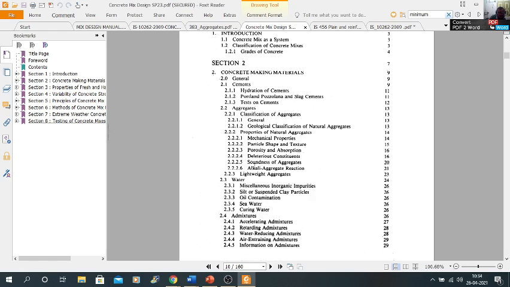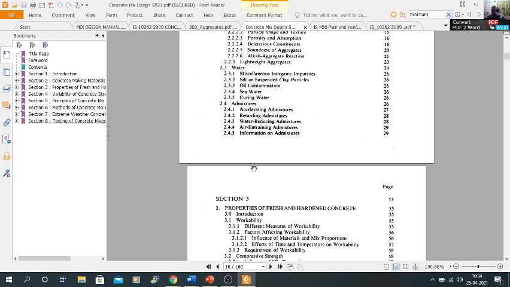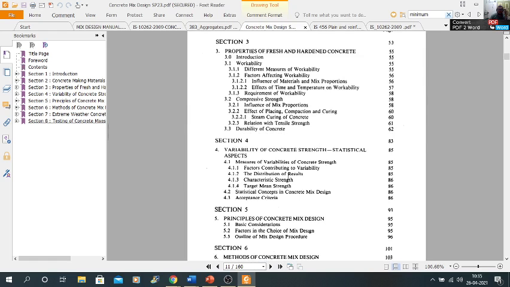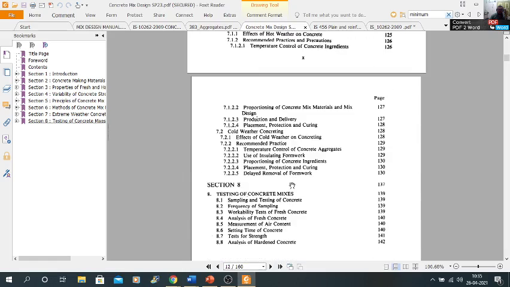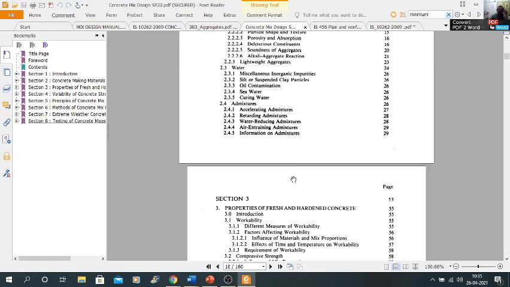All these things are given in this, and you can use this for your reference. Accelerating admixtures, retarding admixtures, water retarding, all these material details are given in SP 23.